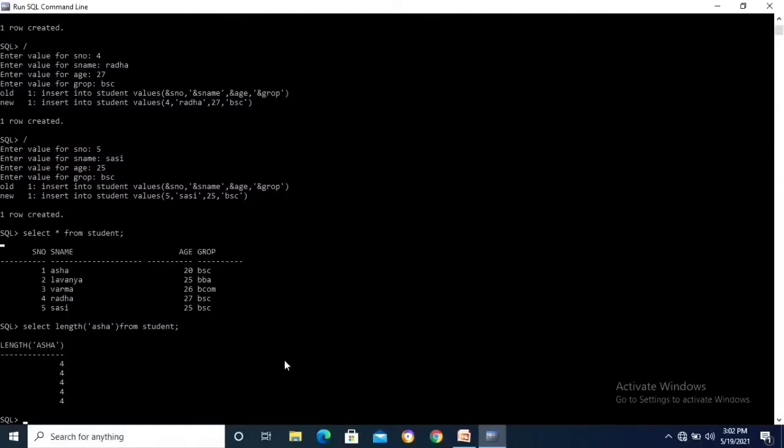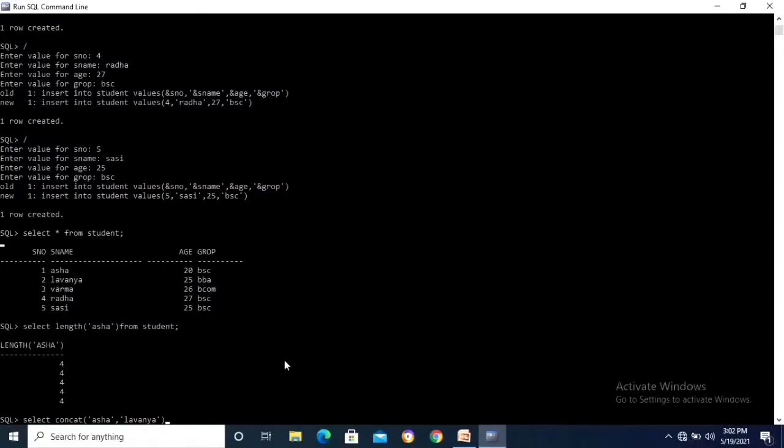Next, the concat function. Select concat function, open concat Asha, comma, first string is Asha, next string is Lavanya.